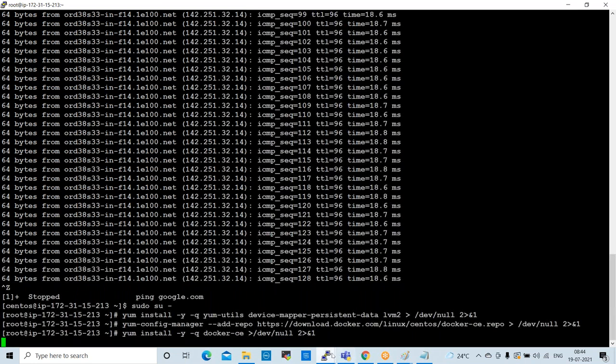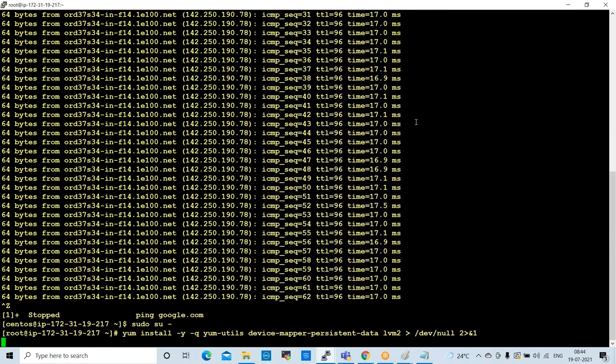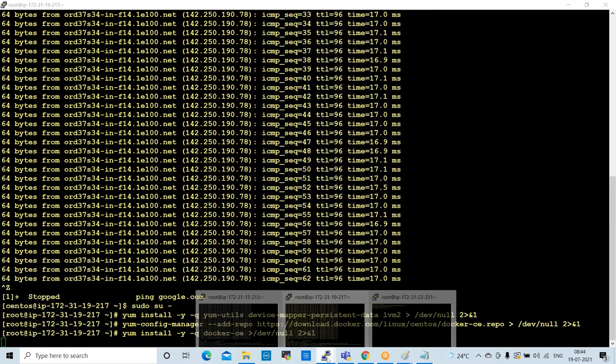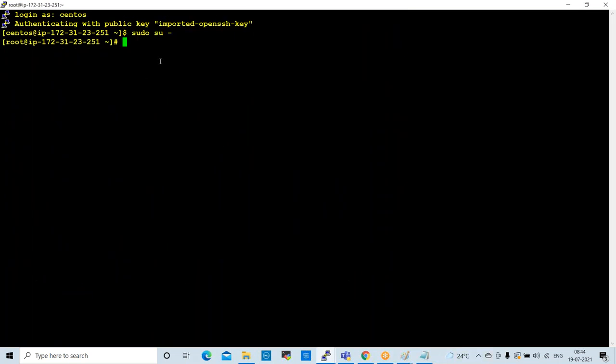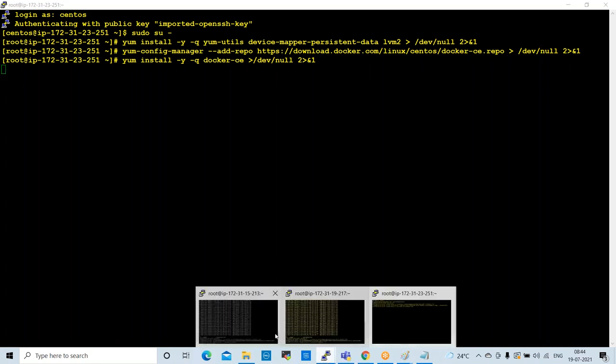Now Docker is installing. Go to second one, node server, execute these commands. Enter. Now go to node 2. Enter. Now Docker is installing.